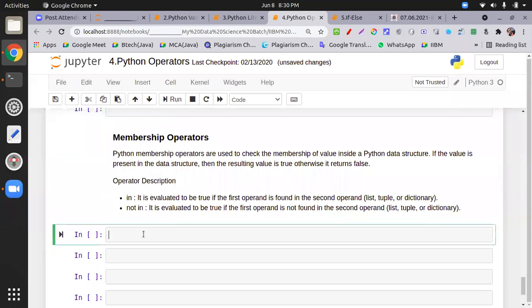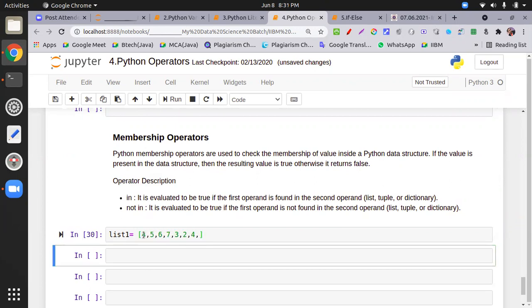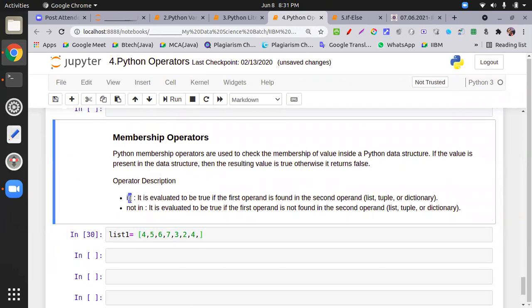So if we have a list, what is a list? A list is a collection of different data types, heterogeneous. It starts with a square bracket. We can update an item, delete an item, and many more functionalities. But here I'm just creating a list of different items. If I want to search with the in operator, without it what would you do?